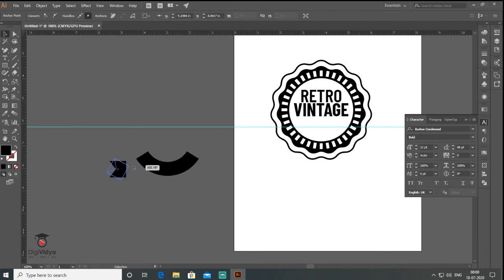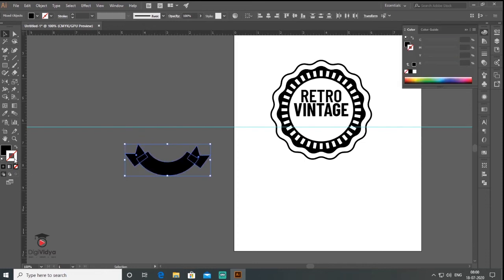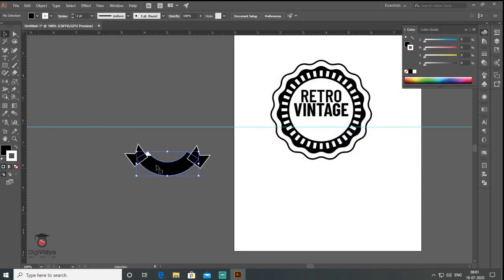So easy. So here I copy this, and I have a tool called the reflect tool. Just reflect this and drag, it's easy, and select all of them and select the outline, double click on the outline and change the color to white, right? It's easy. And then select all of these and right click, group them.